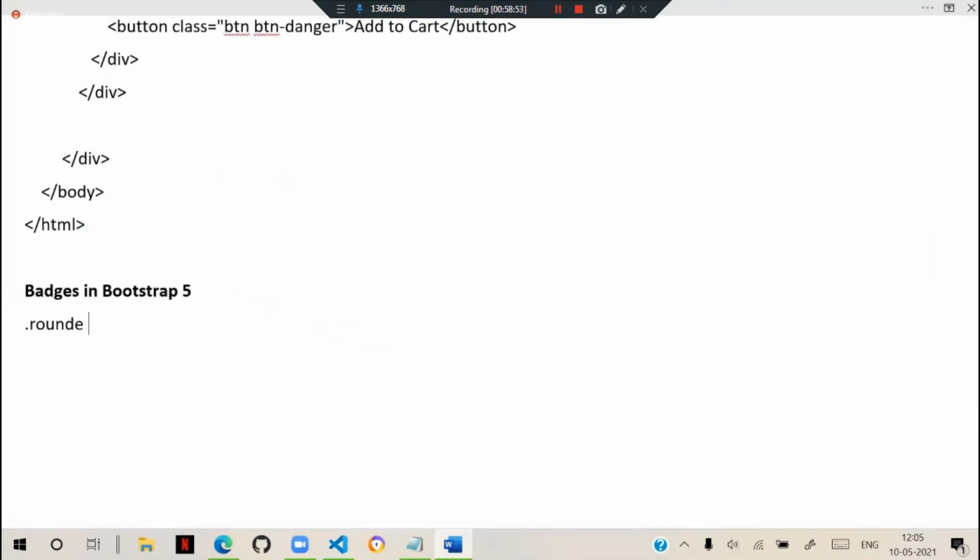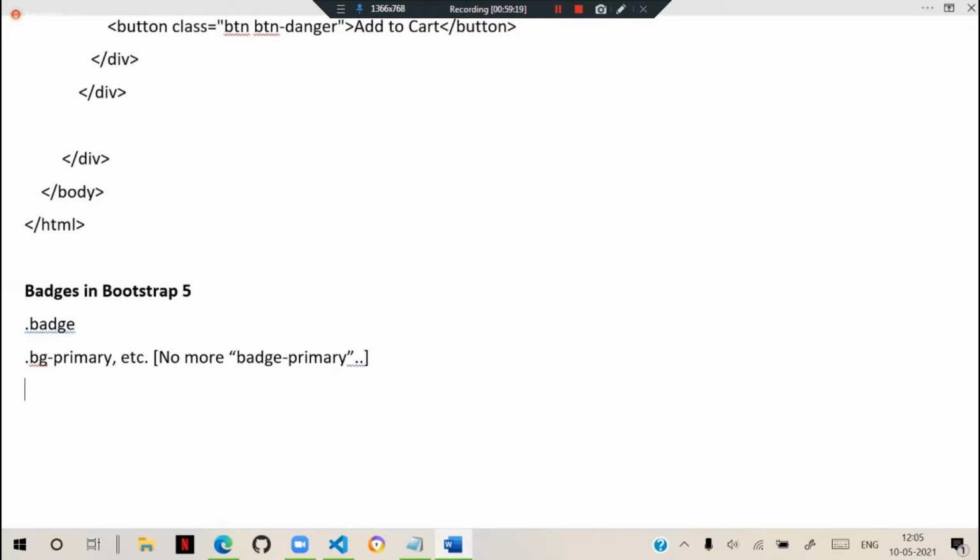In the new version, we have to use the class badge and bg, so bg primary, bg secondary, etc. And no more options like badge primary and all.